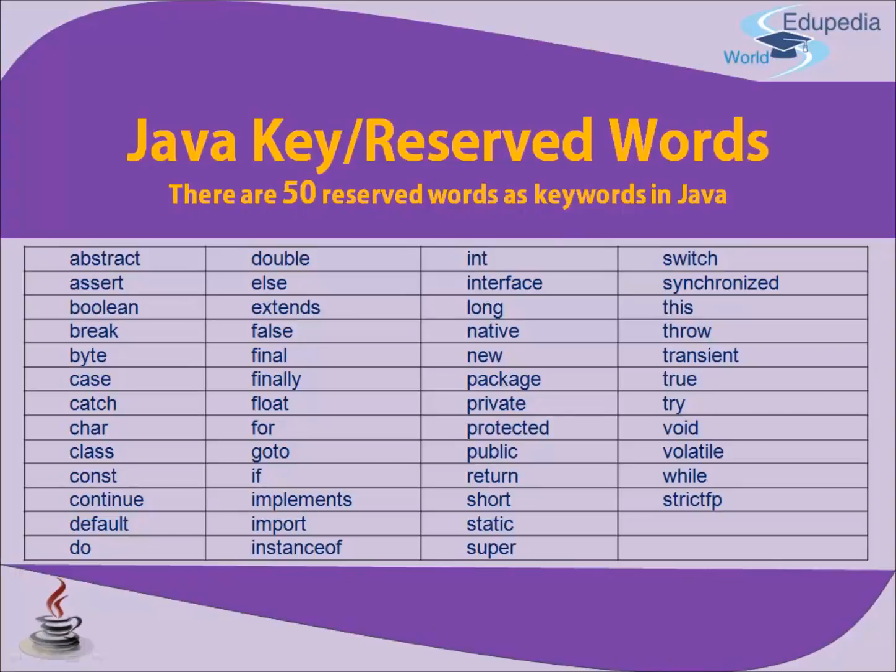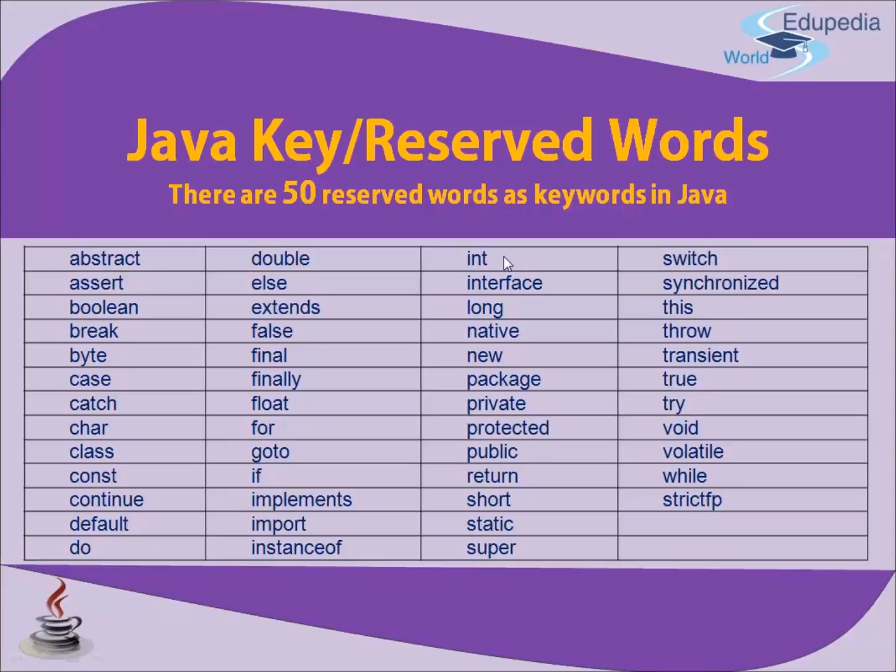So in this way we have 50 keywords. I am just calling them one by one. The first one is abstract, then assert, then boolean, then break, byte, case, catch, char, class, const, continue, default, do, double, you can see, else, extends, false, final, finally, float, for, goto, if, implements, import, instanceof,